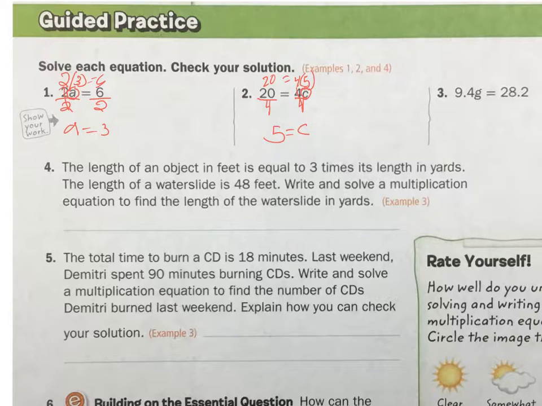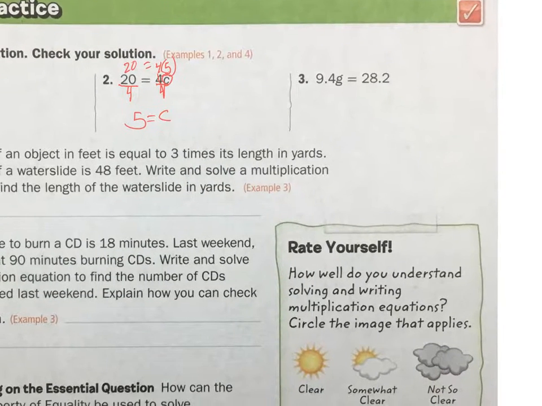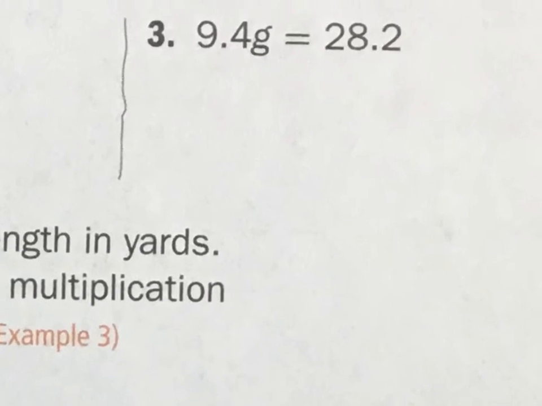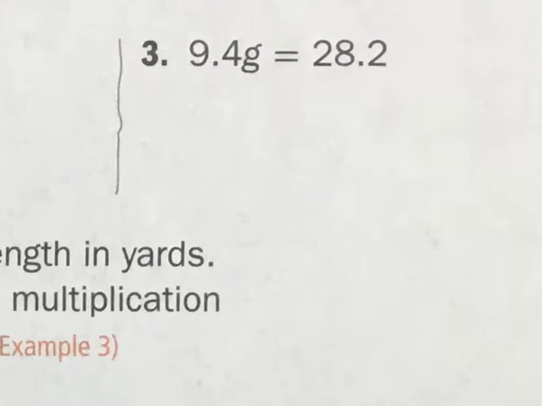All right, next one, number 3. Oops, I'm going to make this a little bigger, like that. Then I can get to it. I can see that g is what I want, and it's 9.4 times g, so I have to divide by 9.4, and do the same to both sides, 9.4. And when I do that, g equals